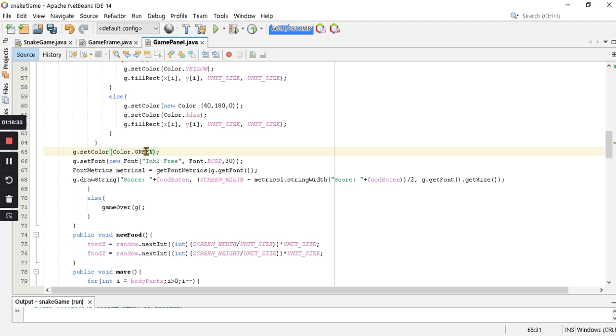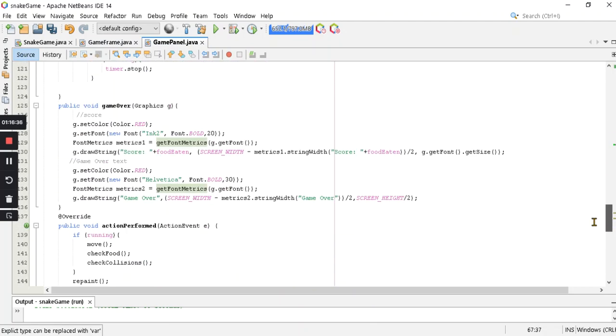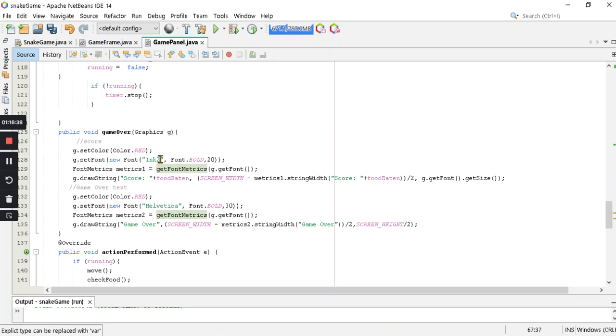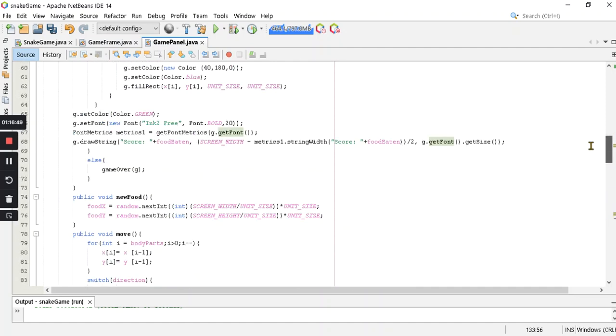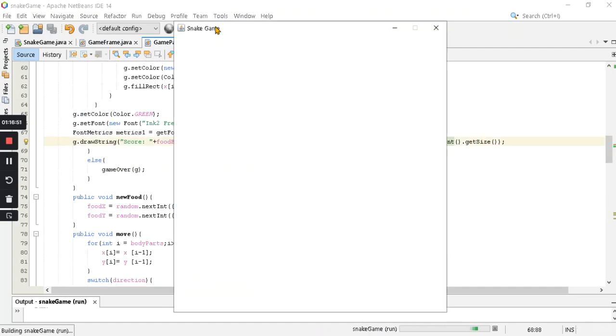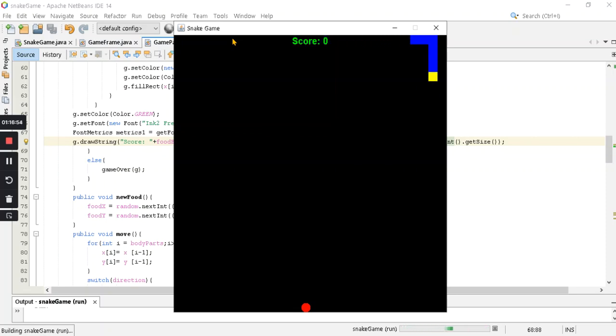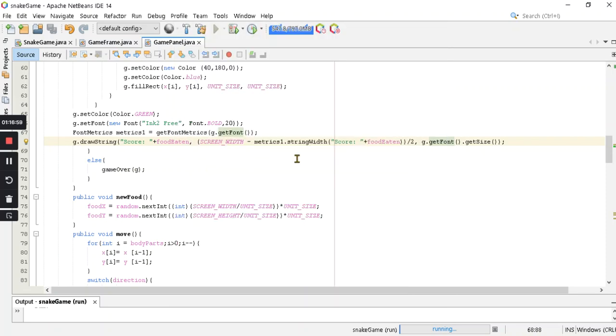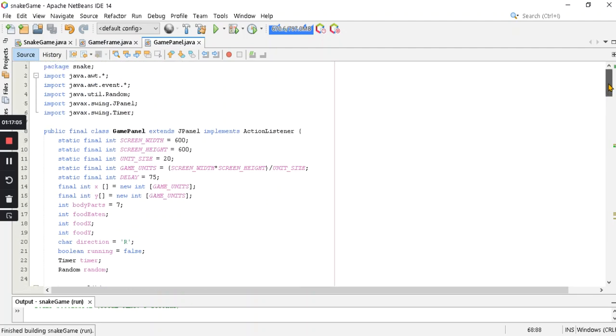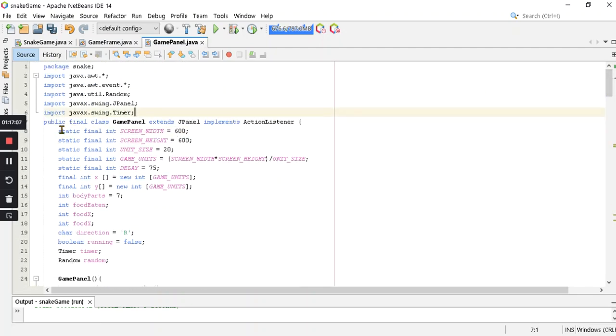I want to change to the, let's try it. Okay, that's it, and we are done for the snake game, and I hope that I explained some part of it